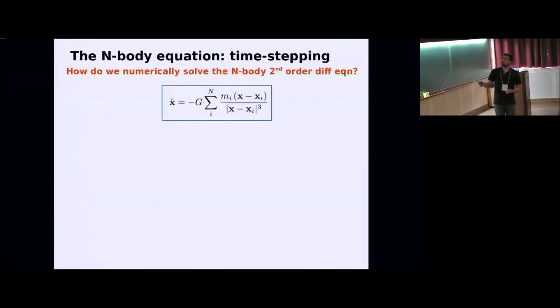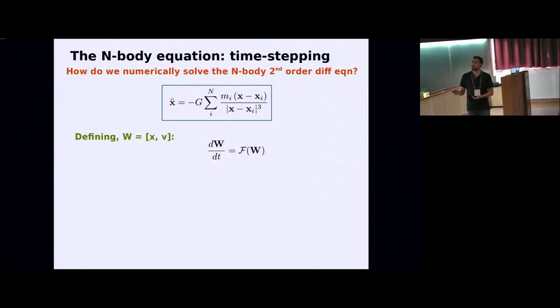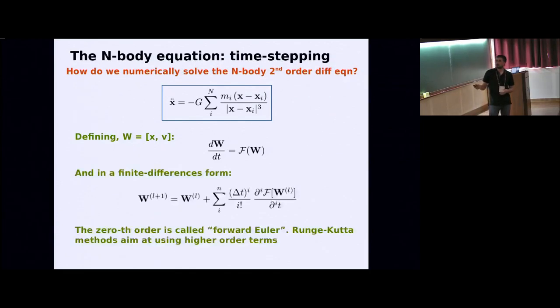So the question is, how do we solve this second-order differential equation? And this is relatively simple. We can define this vector, x and v, and write this second-order differential equation as a system of first-order differential equations. This is a standard method. Now we can write this in a vectorial form, and then we use a finite difference version of this equation, which tells you that the solution of w at l plus 1 is w at l plus a Taylor expansion,